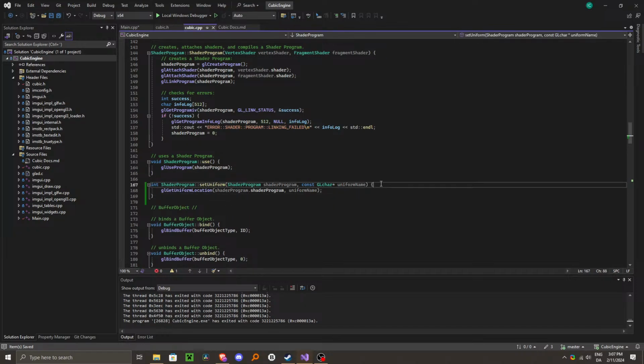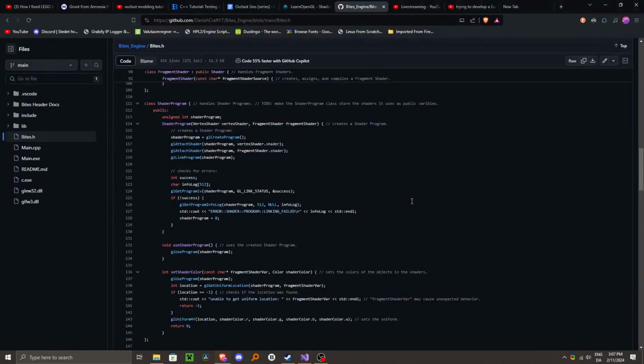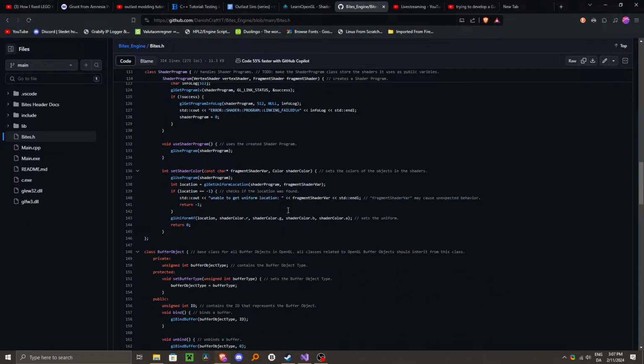And then for this, it should be relocated. This should be the end location. Because it returns an integer, afterwards we can check if this location is valid, and then we can use this to set the actual thing. Oh yeah, actually we need the